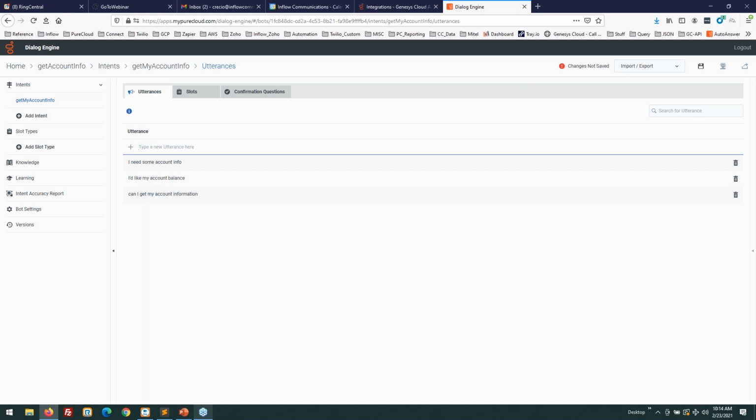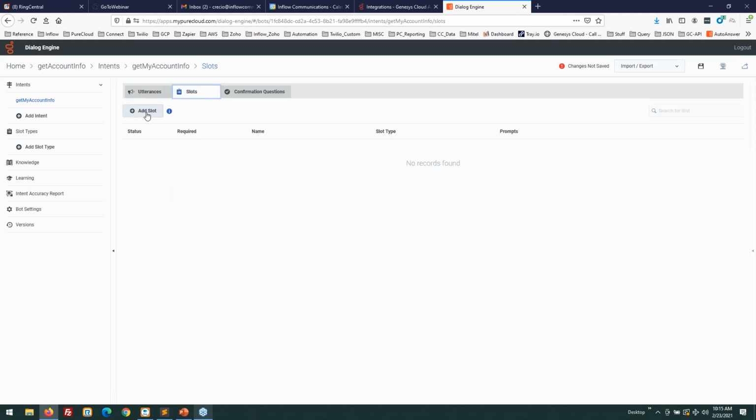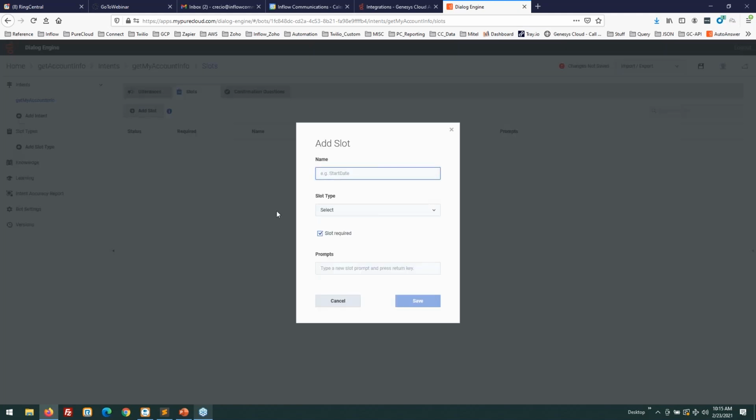From there, artificial intelligence and machine learning will pick up and start taking every interaction or request that clients either type in through a chatbot or vocalize in order to do an identity match to figure out what the client is asking for. So I'll just enter these three. Now, obviously, if I'm going to be entering account information and communicating with a client, I'm going to create a slot. Now, a slot is something that I need from the customer so that I can match it to something else, such as looking for an account number.